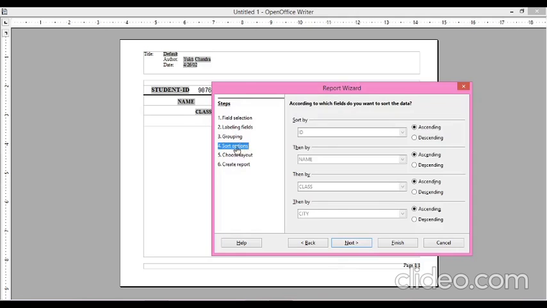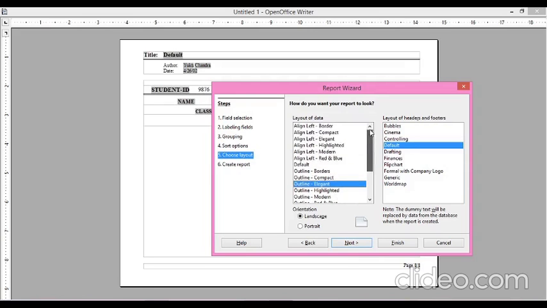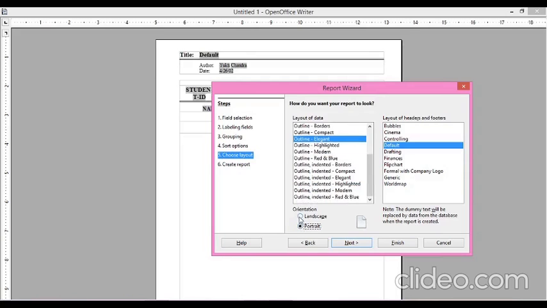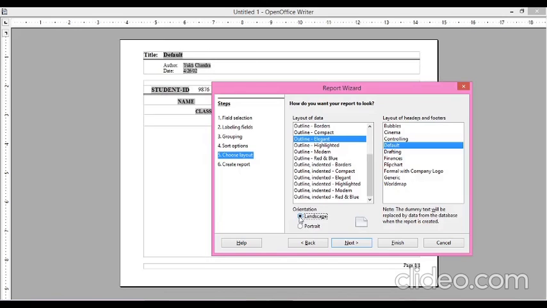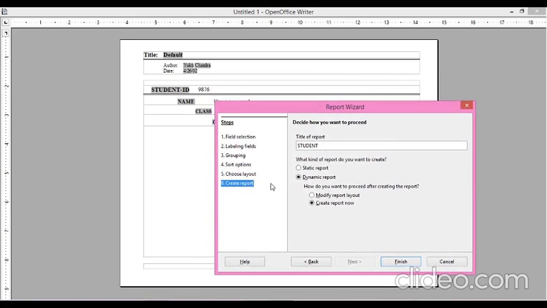Now it is asking us to sort the data as per the field. You can select any of the criteria, ascending or descending, and you can select any of the field for that. After selecting the sorting option, click on next. Then you can choose the layout also. There are different sets of layouts that are already provided. We can select any of them. After selecting the layout and the orientation, if you want to create portrait or landscape, you can select any of the orientation. After selecting that, click on next, and then the last step is create report, where it asks you